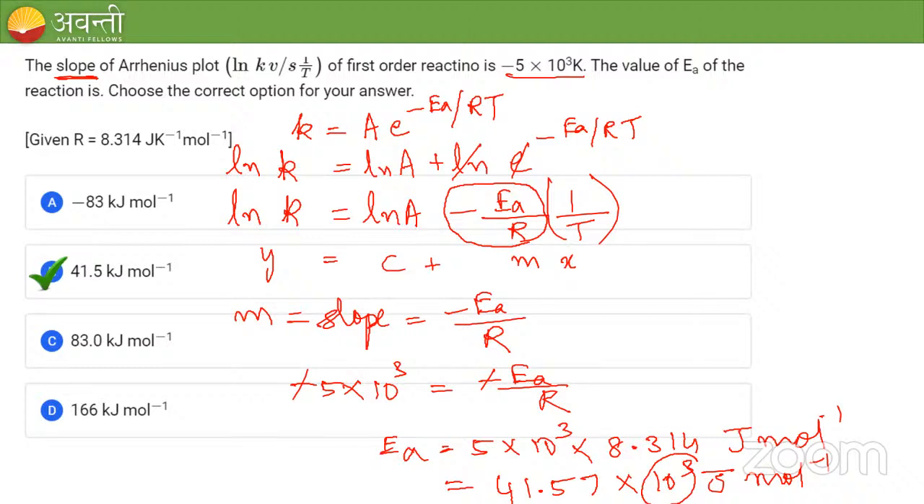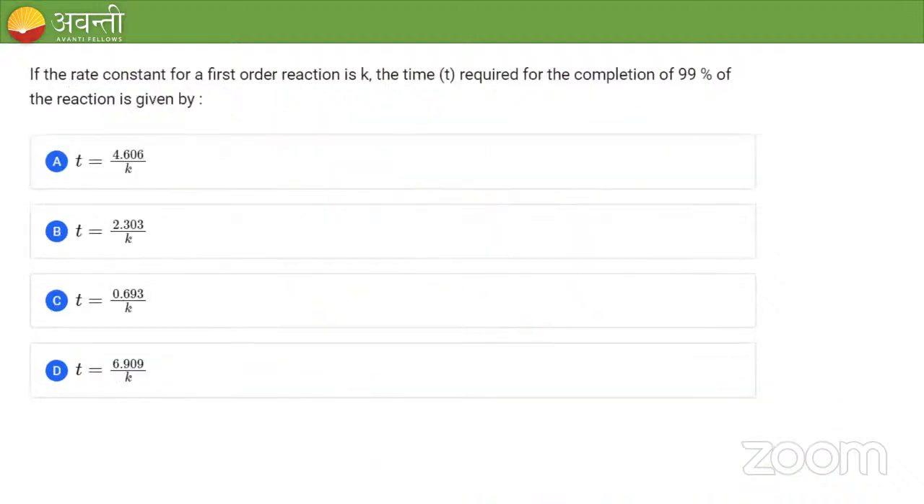Students, able to understand? So take the Arrhenius equation, apply the logarithmic function and get the straight line equation, and relate the slope, substituting the slope value given in the question. Okay? Okay, good. The next question is,